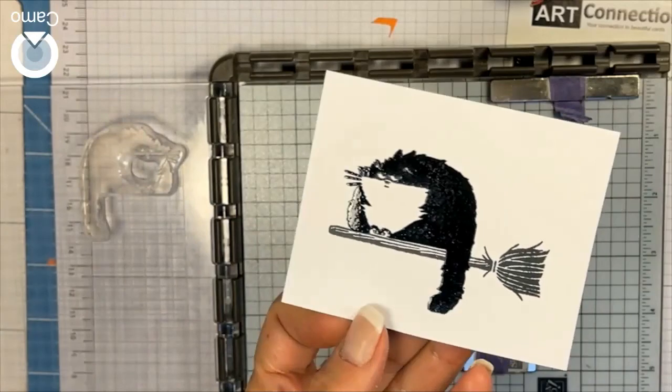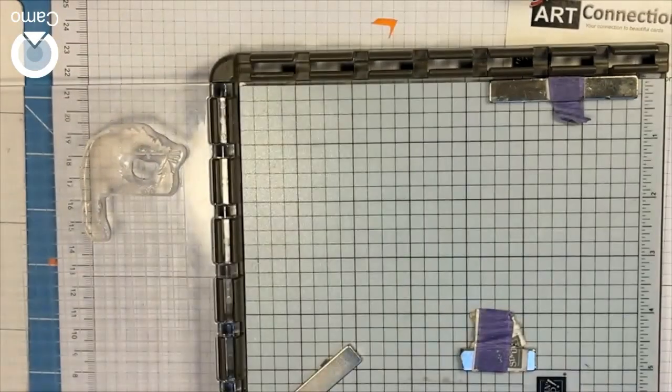There he is. You kind of see? Isn't he cute? Okay. So now that I've got that part done,